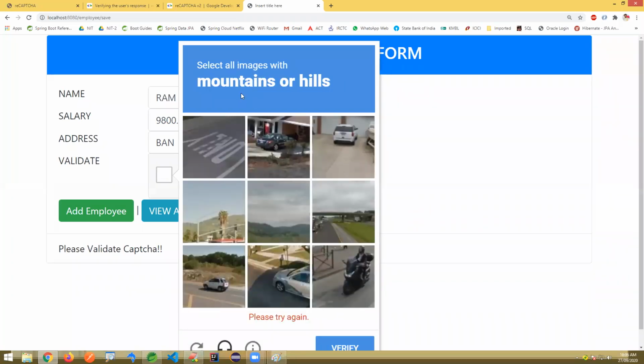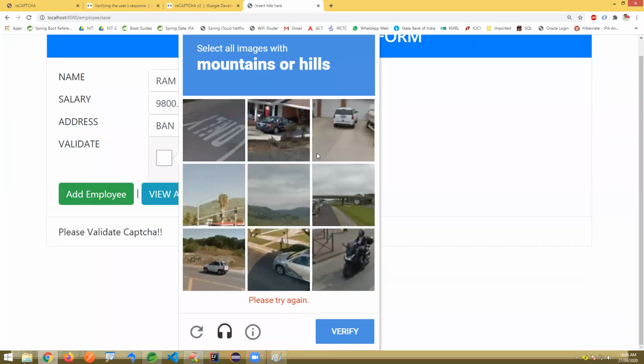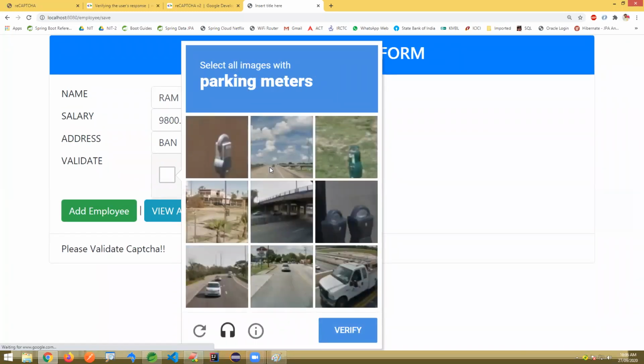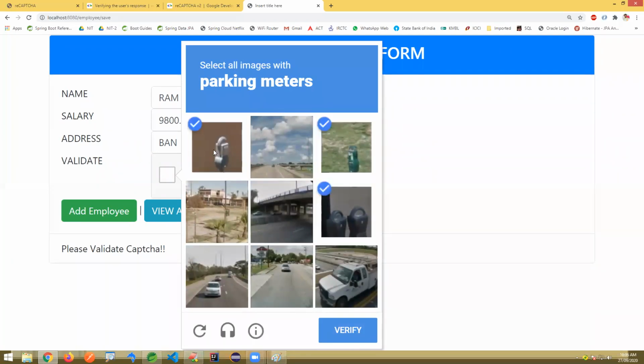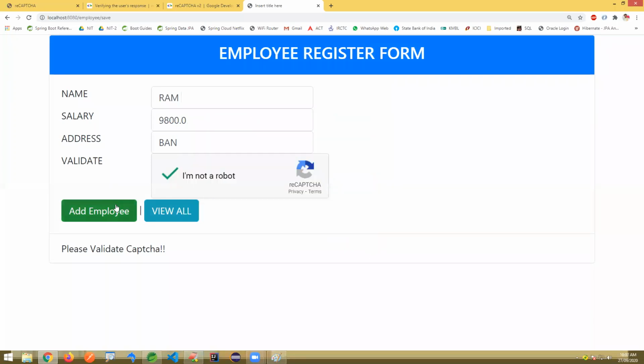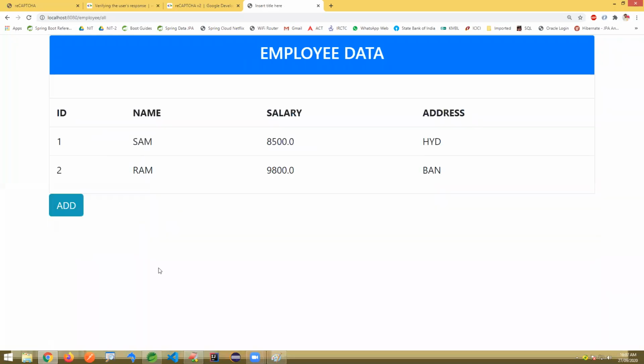See, it is showing another mountain or hills. Where is mountain and hills? Okay, I'll go to another one. Parking meter. Okay, verify. Add employee. View all. See here, it's done.